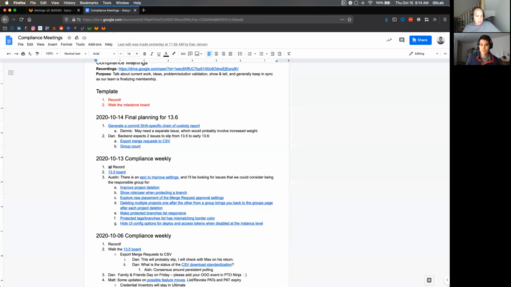So that covers that part. A question I had for you: since you're talking about the fact that you guys are taking on settings in addition to navigation, would you still want us to consider as a group taking on a couple of these issues that I've outlined here, or maybe not? I think if it aligns to your group scenario, for example, protecting a branch for a show role user, that's definitely something that if it fits your scenario, then yeah, go for it.